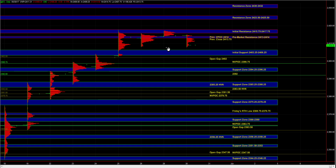weakness in real time. So for example, if the Russell is showing us excess weakness by breaking below the 1369.5 high volume node, that would be a sign that perhaps we can get some more selling in the S&P as well. So even though responsive buyers can be active on first test of the support zones below, the selling does not necessarily have to shut off at the 03 quarter to 06 quarter if we are seeing excess weakness in real time. So in that case, we could go lower and fill the gap at 24.02 and test the naked